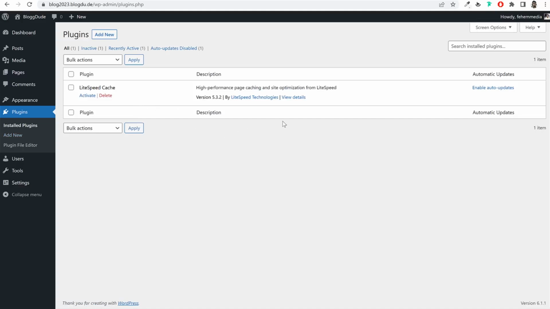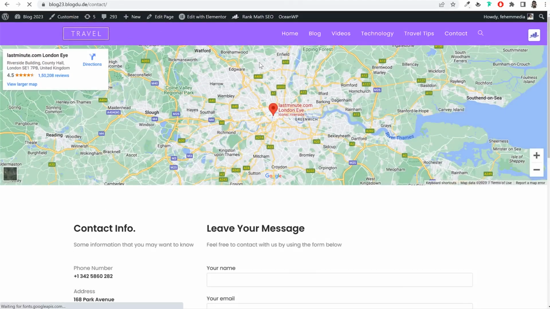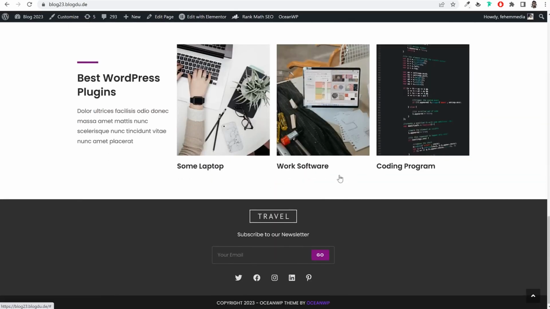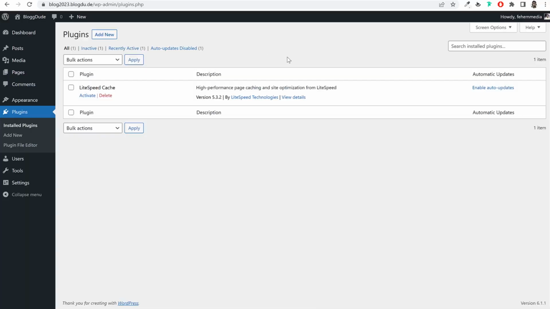Let's install all the required plugins as well. Now the very first plugin that we need is a page builder. Page builder is basically kind of a plugin that will help you to design these pages. So whatever page that you see on your screen, all these pages are designed using that page builder. And again, we'll be using a free page builder, which is Elementor page builder. And to install this page builder, again, open a new tab and type in